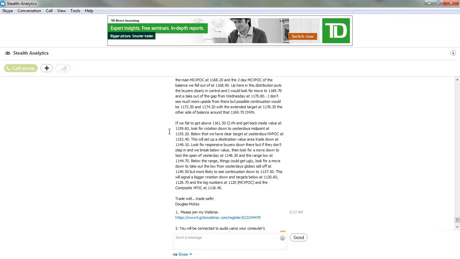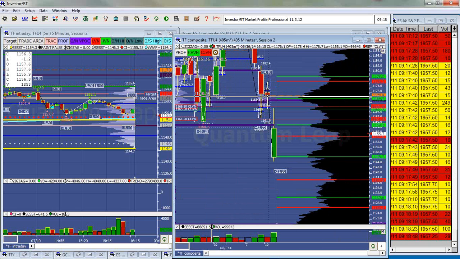to see those targets below at 1130.60, 26.70, but the big number is the former microcomposite VPOC at 1120, which was our composite VPOC on the June contract at 1120.10, and then the current adjusted VPOC composite at 1116.40. I don't expect much from there, but just taking a quick look at what I'm seeing